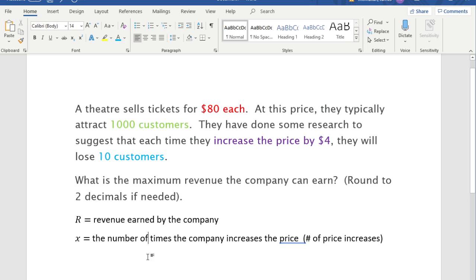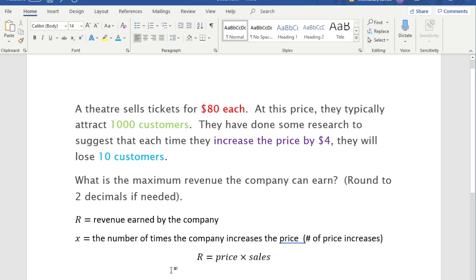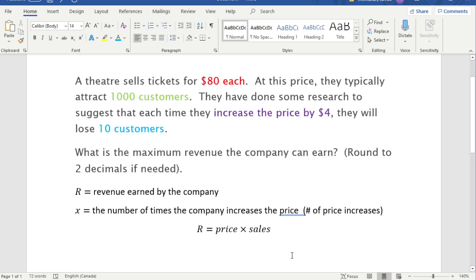Okay? Now let's see if we can figure out how to write an equation that would represent this, because what we're trying to do is find the maximum revenue the company can earn. So revenue is equal to price times sales. What did you charge and how many sales did you make? That's how you calculate the revenue of a company. So when we go down to here,